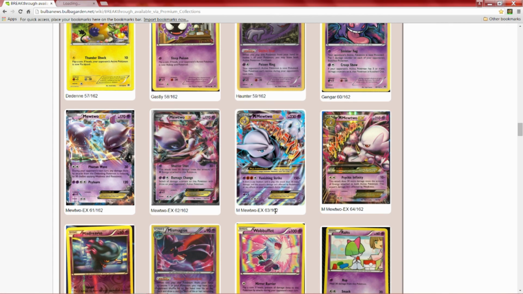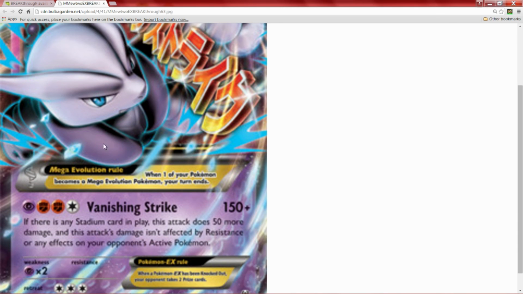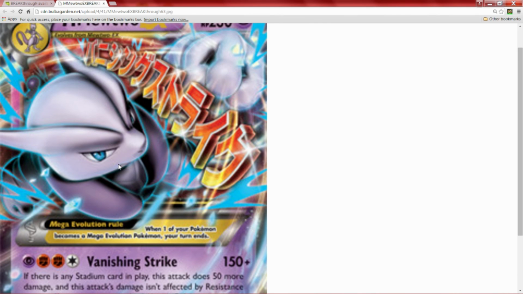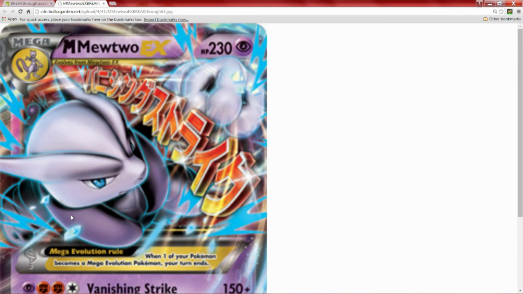Then we have Mega Mewtwo X. Or just X. Everyone knows Mega Mewtwo. Anyways, Vanishing Strike, 1 damage. If there's any stadium card in play, this attack does 50 more damage, and this attack isn't affected by resistance or any other effects. Basically meaning Regice. It goes straight through Regice, so just punch the crap out of Regice. But of course you do need to have a stadium. That's 200 damage. But the only problem is obviously the wacky variation of energy compared to